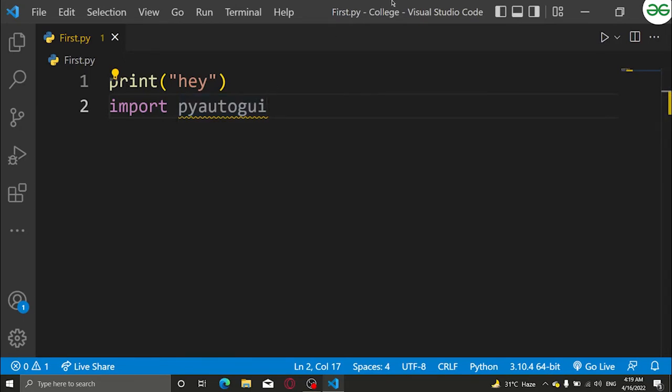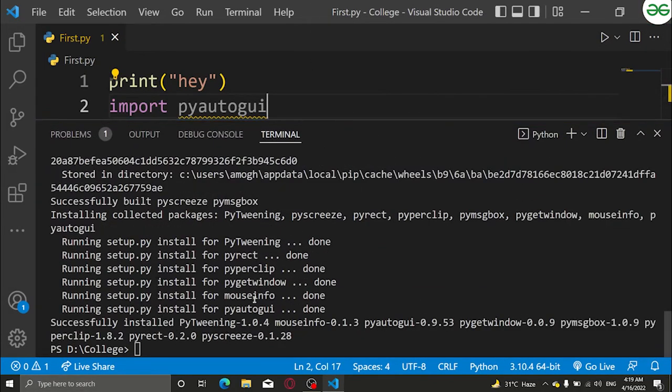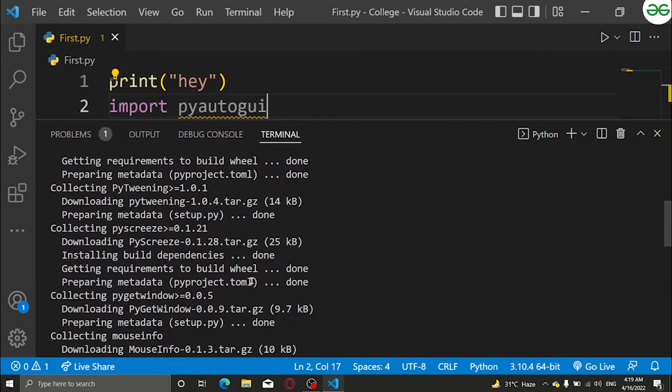Now, coming to the point: what is pip? What exactly did I do here with pip? Pip is basically a Python tool which helps us install files or packages. If I want to install any package in Python, I simply write pip install and the name of the particular package.